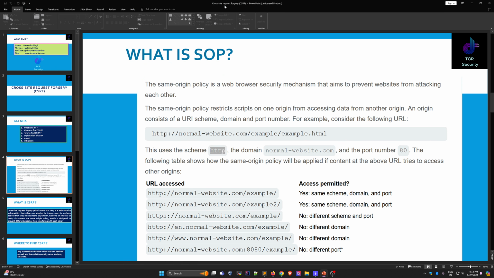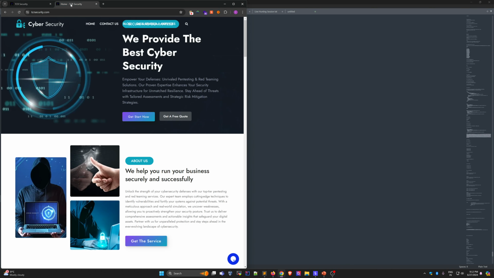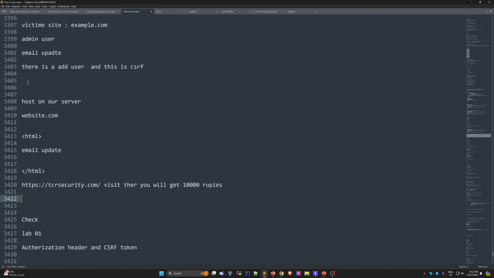Okay, so we can also perform other things also. If there is an add user email address, same thing. If there is an address also, we can perform this same action. Other than that, let's say there is a banking website, and if you find out